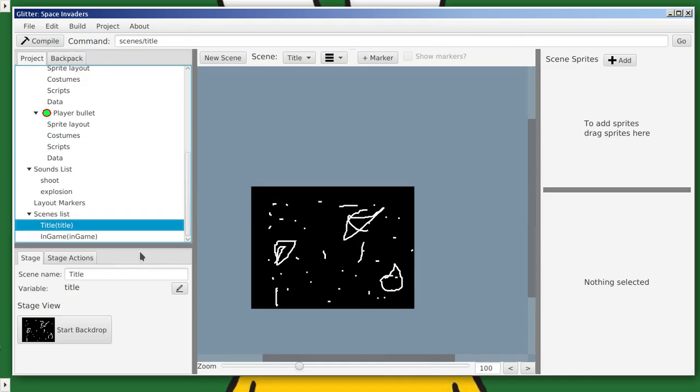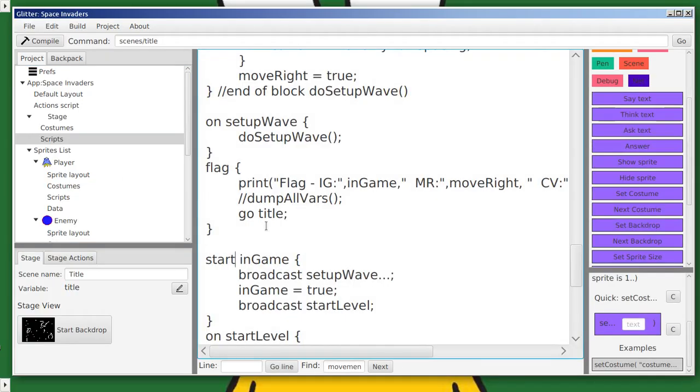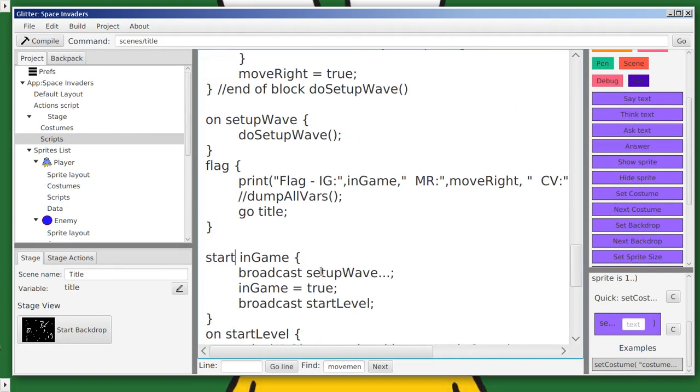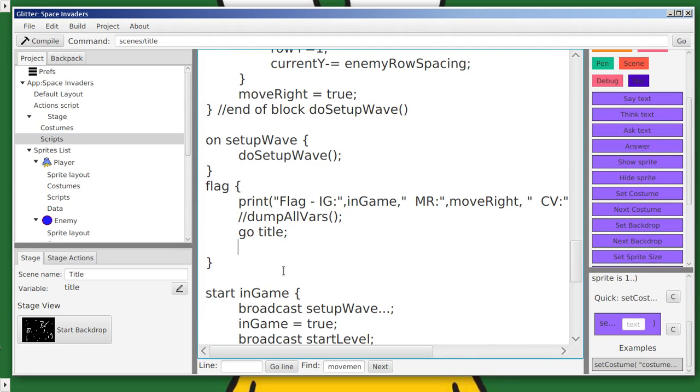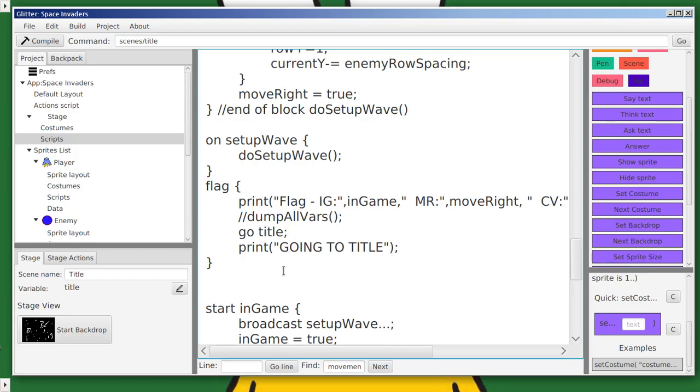I was expecting it to go to the title screen. So scripts, flag, go title. Going to print is